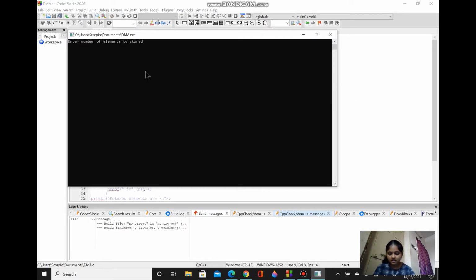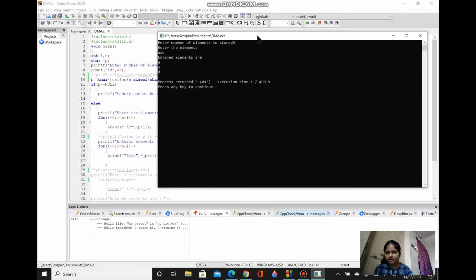Once again, it's asking how many elements to enter. Let's say it's 3 and enter the elements A, S, T. So if we see here in this console box, there is not any particular difference between the calloc and malloc input, but the main difference is not seen here because basically both are stored in the memory, but